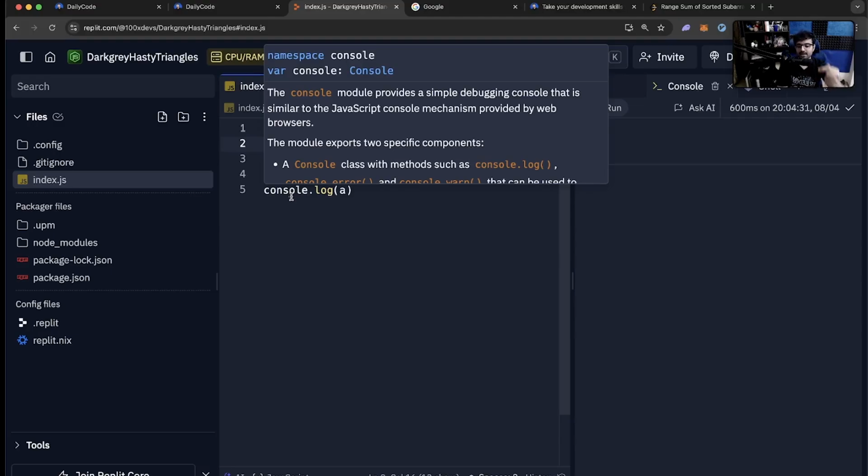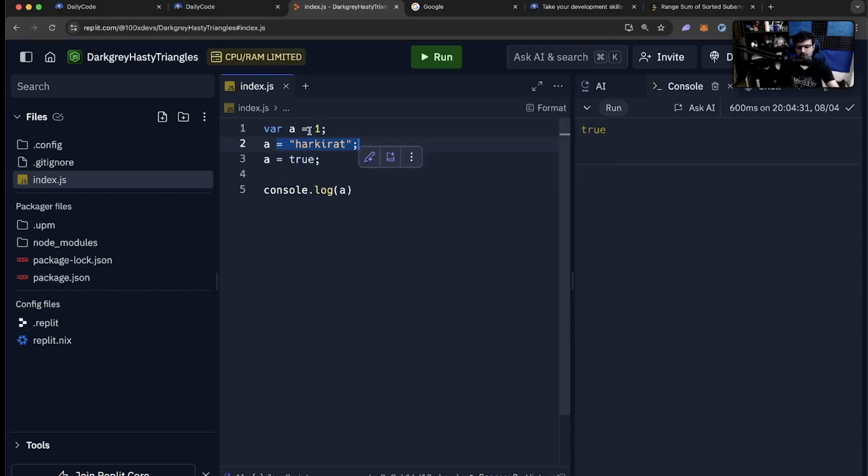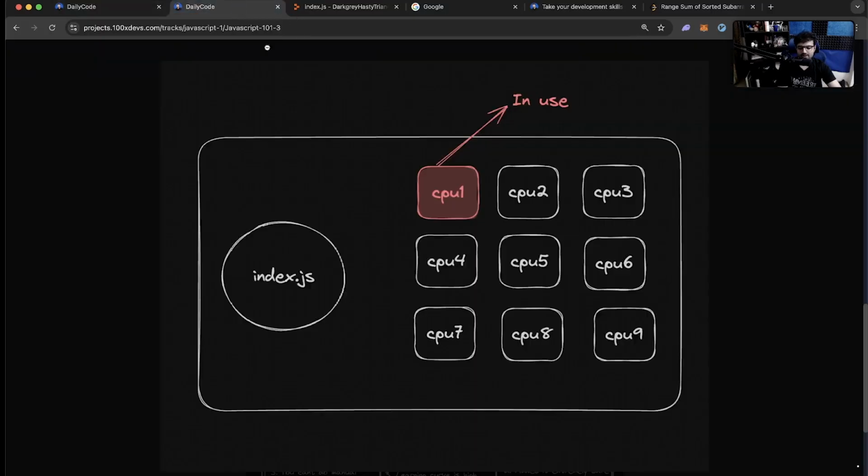I kept a single thread busy for, let's say, 5 milliseconds when it was doing this and then this and then this and then this. A single thread was occupied. More specifically, a single thread runs on a single CPU, which is why only a single CPU was occupied. All the other CPUs were not occupied.